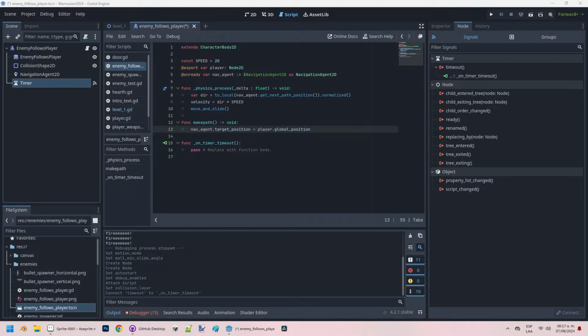So the target position where we're trying to get to is going to be equal to our player position. Currently, we don't know what the player is. So to do this, we're going to go to our world and we are going to instance our enemy to our world